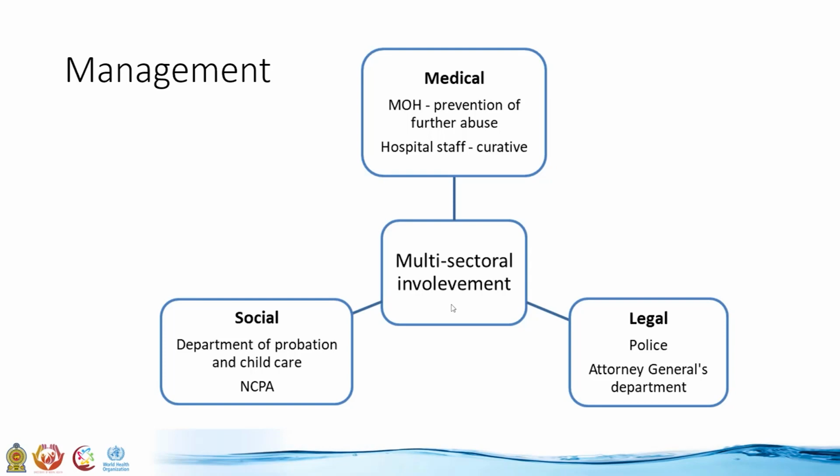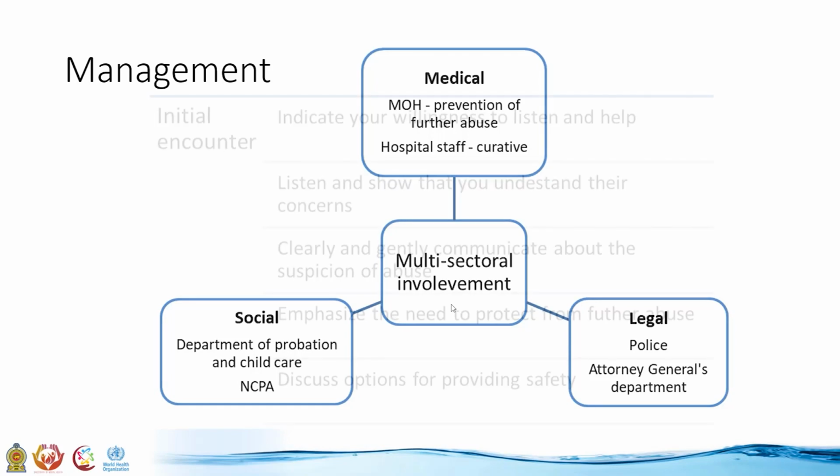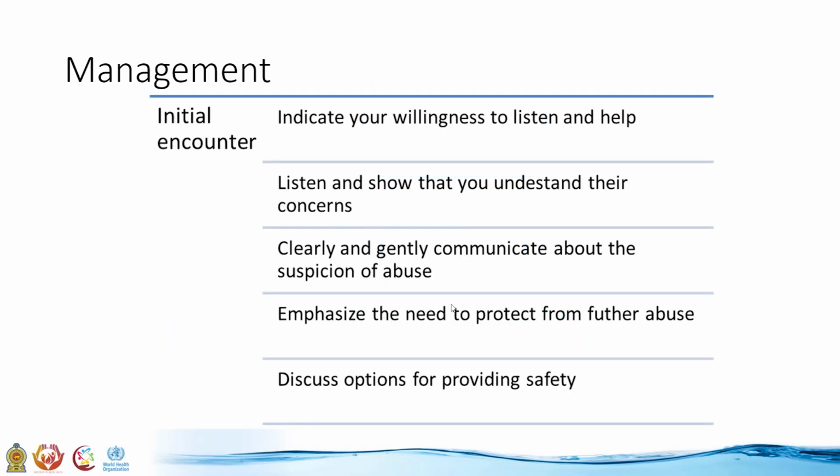Management of child abuse requires multi-sectoral collaboration. It should involve health, legal, and social services. In your first encounter with a child with suspected abuse, indicate that you're willing to listen and help. Listen to their concerns and gently communicate the suspicion of abuse and the need to protect from further abuse. However, do not force the child to talk about the details of the abuse, as it can be traumatic to